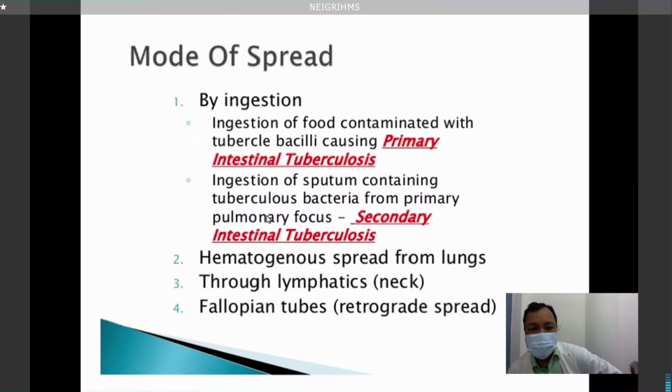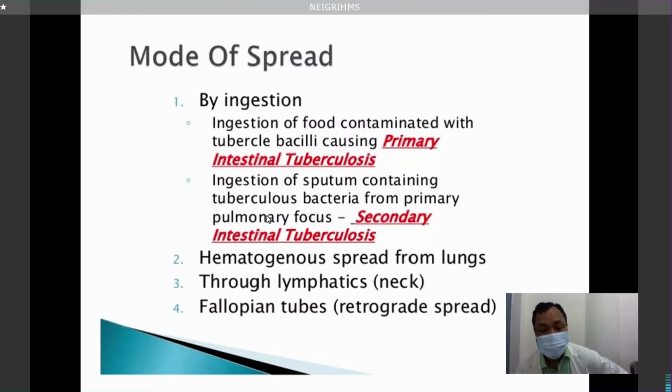So what is the mode of spread of TB to the intestine? It can be by ingestion of food containing contaminated tubercle bacilli. That may lead to what we call primary intestinal tuberculosis, when the person was not exposed to these bacilli earlier. Or secondarily, it can be if the person ingests sputum containing those tubercle bacilli. It can also be hematogenous spread from the lungs, or through the lymphatics,